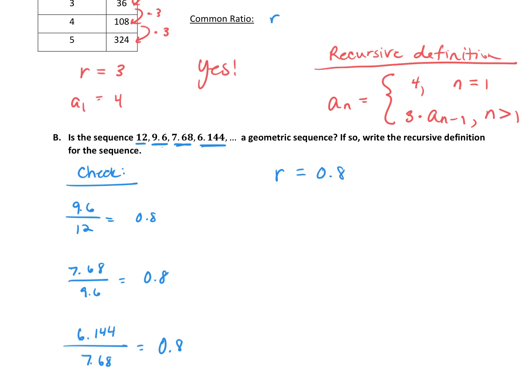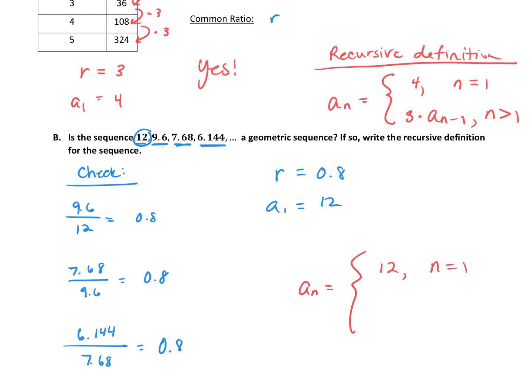So again, this is how, if you take a term, divide it by the term before, and you do want to check all of them. Anything that you're provided with, make sure it's consistent through the whole thing. That's how you can find your common ratio. The other information we need to write the definition is the first term, and we can see that the first term is 12. So our recursive definition, a sub n equals, first line has the first term of 12